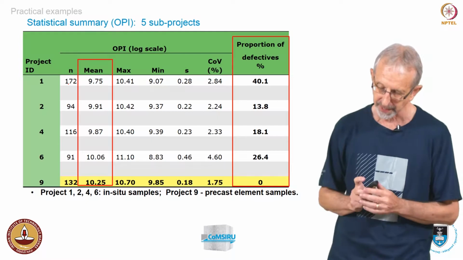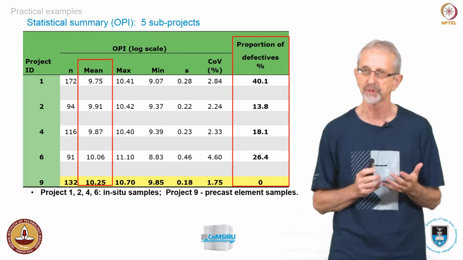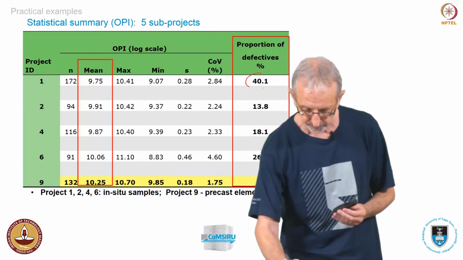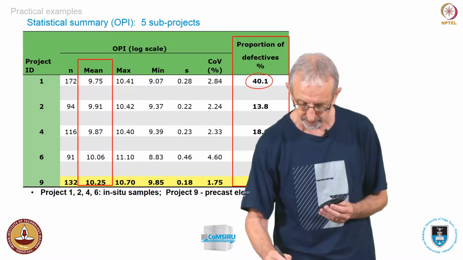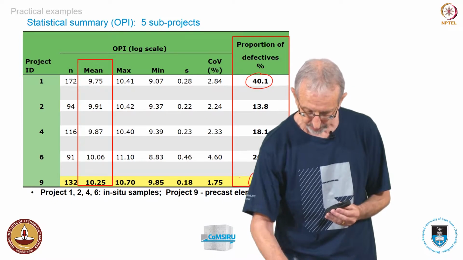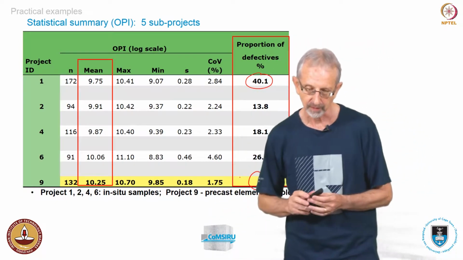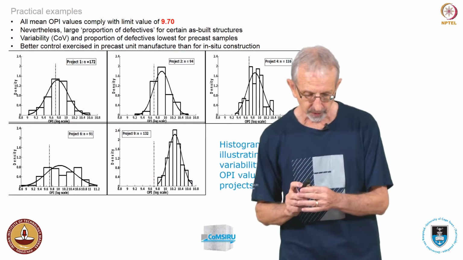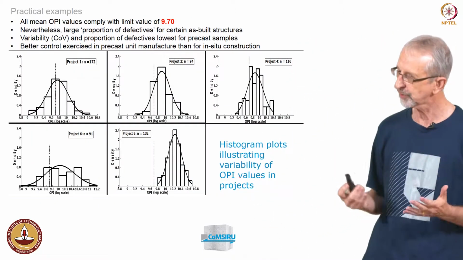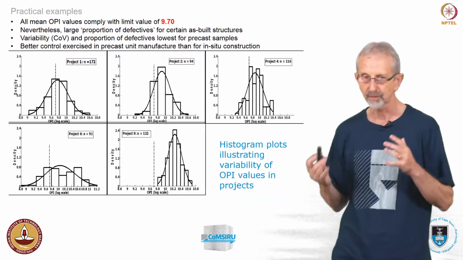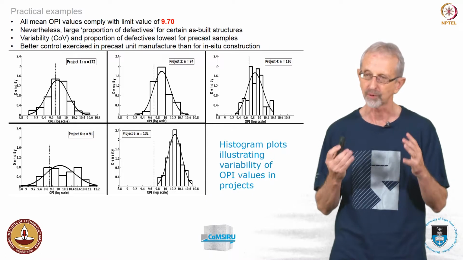That's good. On the other hand, if you look at what we call the proportion of defectives, that wasn't so great. We got as high as 40% results not achieving the minimum, and in one case we got 0. So they achieved it in every case, with a whole lot in between. And if you look at that on a sort of a histogram basis, that just shows you what happens on site. This is a really good example of what happens on real construction sites.